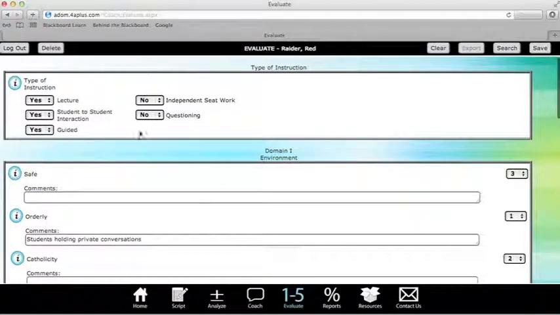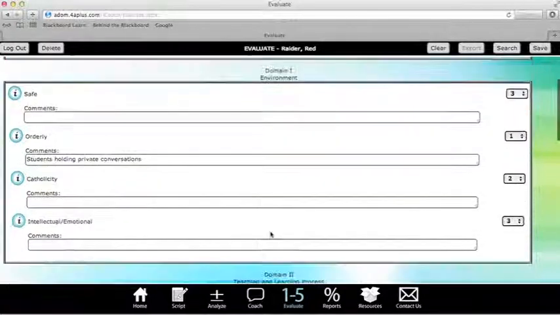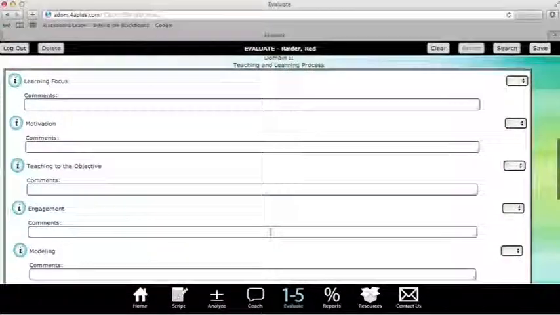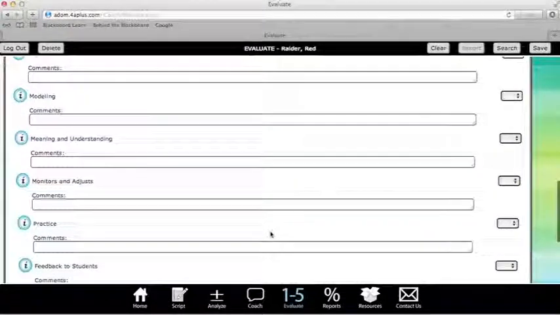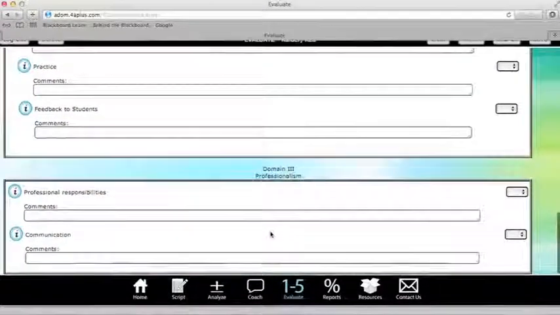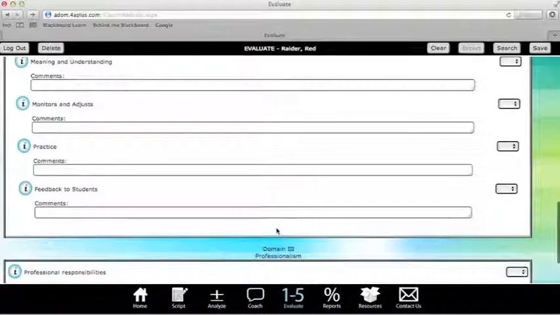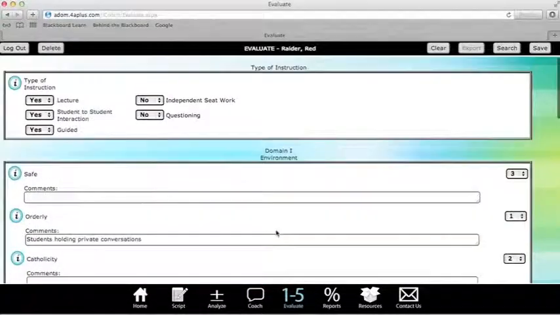And you can see now it's pulled in the information that we had before. Now we have the ability to edit this based on any comments we had from the teacher after we discussed this with them, or just to make it a little bit more formal, because this is the final report, if you will. Once we do all that, we just save it,